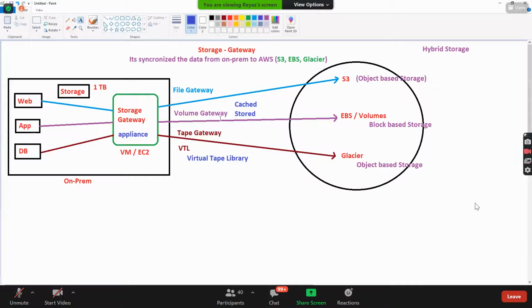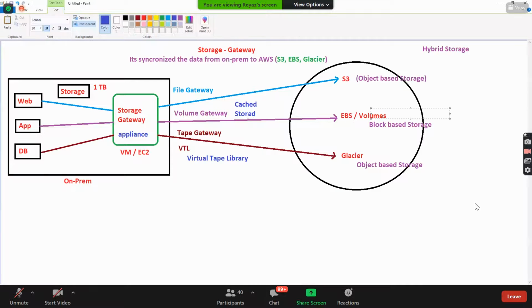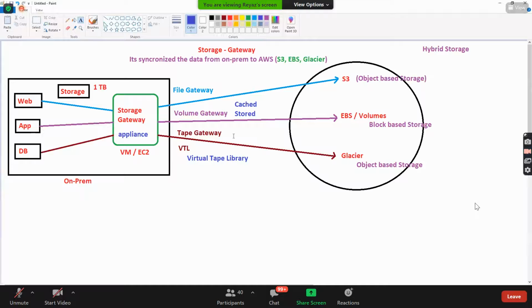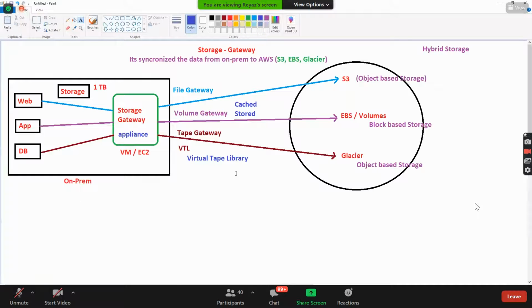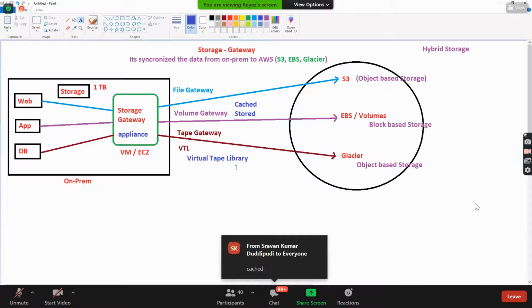And if you want to directly hit the volumes, go for stored volumes. Now the question will be like this: which volume gateway is used for low latency, cached or stored? For low latency, the cached one.